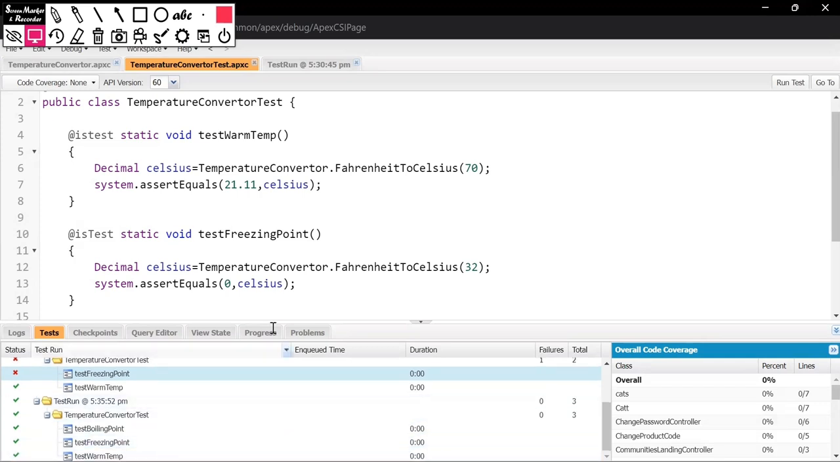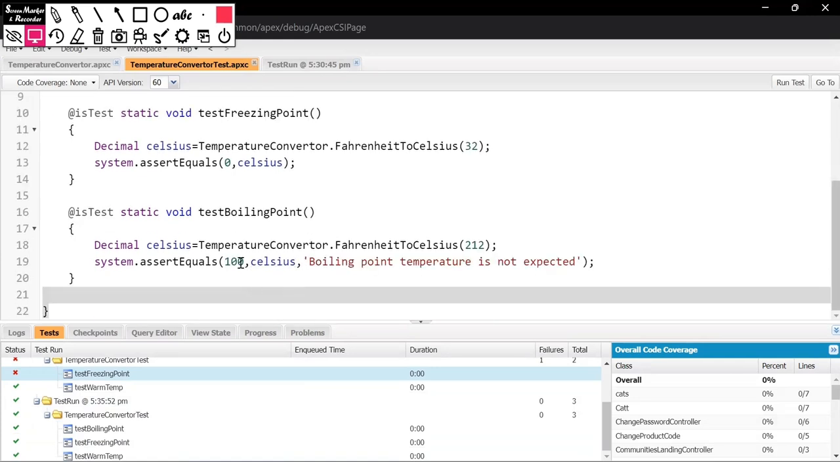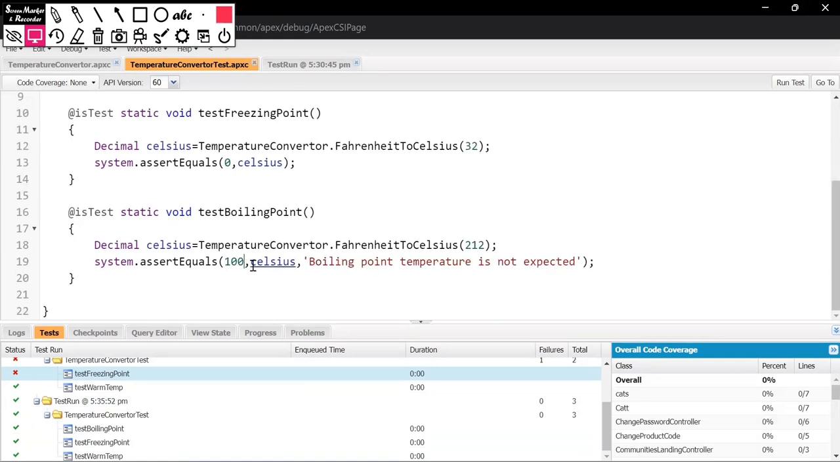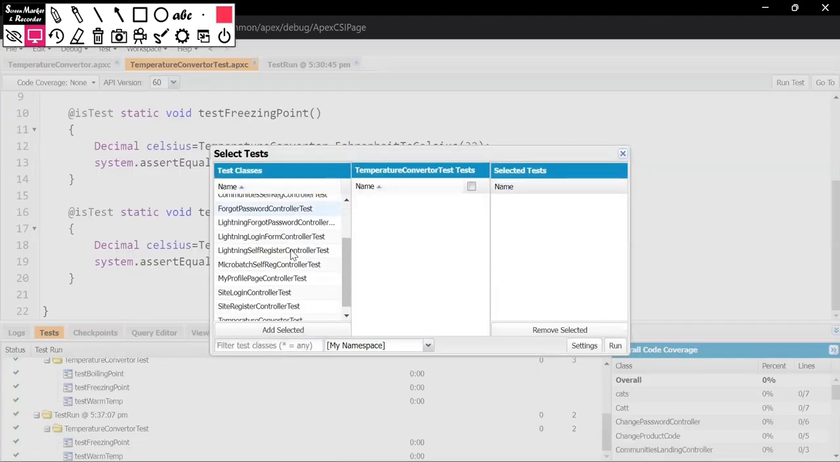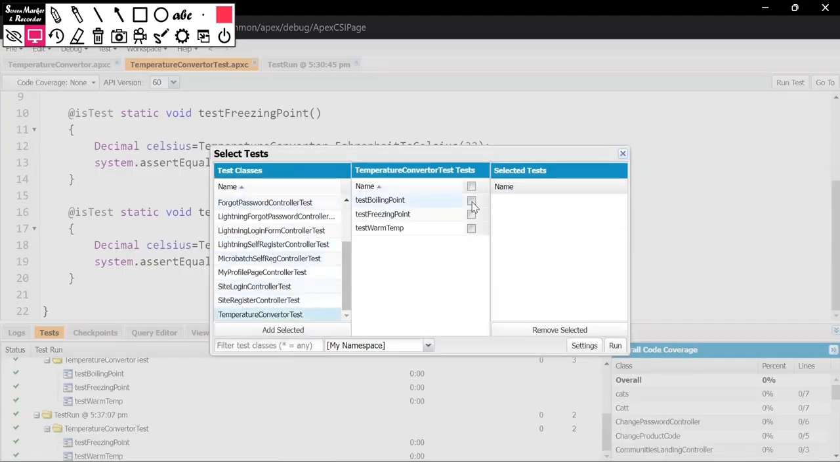Now here, let's say instead of 100, I expect, let's say, 10. It's going to fail. We are making it fail. Now what is the point of making this? So what will happen if it fails? If a test case fails, instead of displaying the default message, it will display this message. So if I do a new run, select all of these, and run,